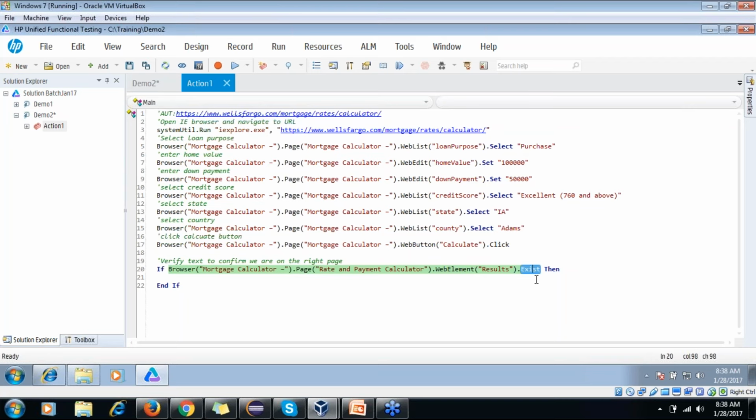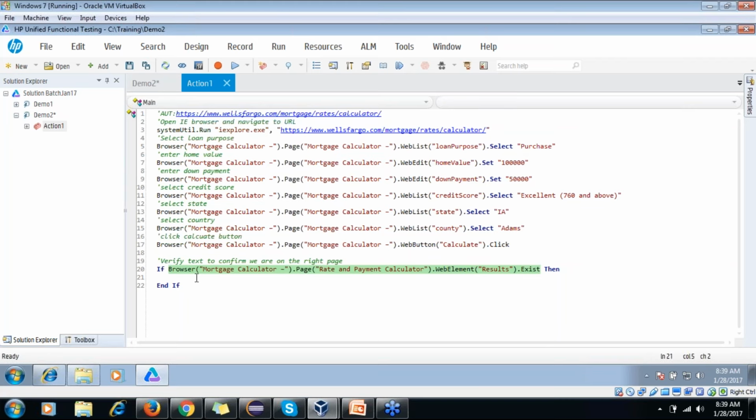We can use this with a time in seconds or milliseconds, but we'll not see that. Just focus on this exist. If the element exists, then proceed further, otherwise we can write an else condition like we are not able to find.